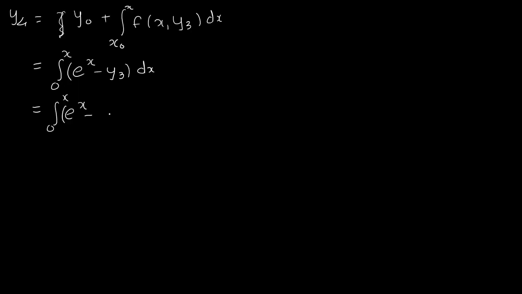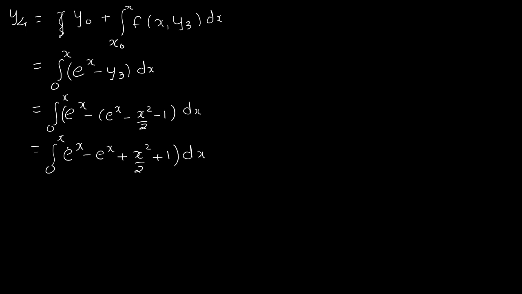So it will be the integral from 0 to x of e raised to x minus x square by 2 minus 1 dx. Okay, so if we just simplify it, e raised to x minus e raised to x, minus into minus plus x square by 2, minus into minus plus 1 dx. So e raised to x and e raised to x get cancelled out, so what remains is